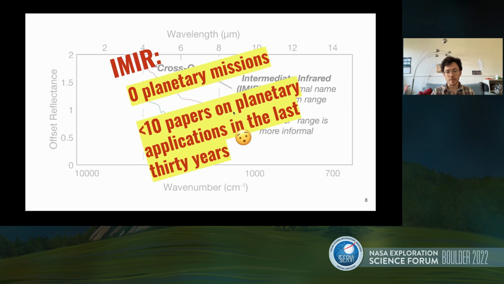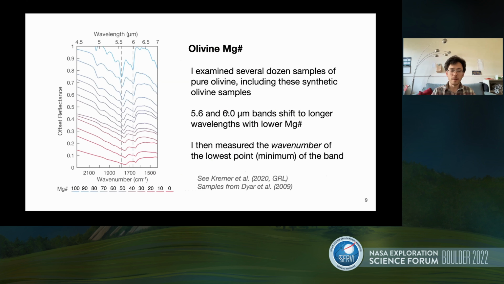This wavelength range has a lot of exciting potential, as I'll discuss shortly, but there have been no planetary missions that have directly addressed this wavelength range. And by my reckoning, there are fewer than 10 papers on planetary applications of this wavelength range from the last 3 decades. So this plot on the left-hand side shows reflectance spectra of synthetic olivine described by Darby Dyer and